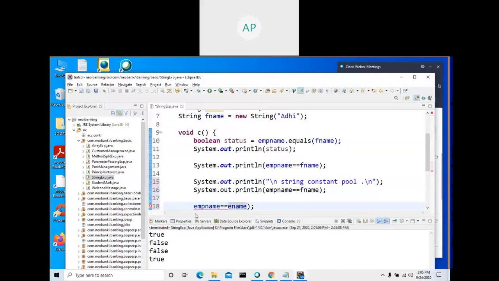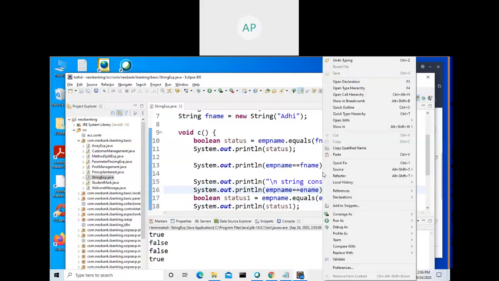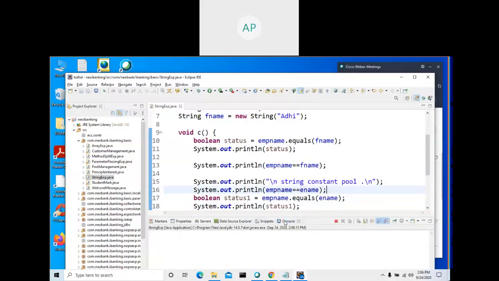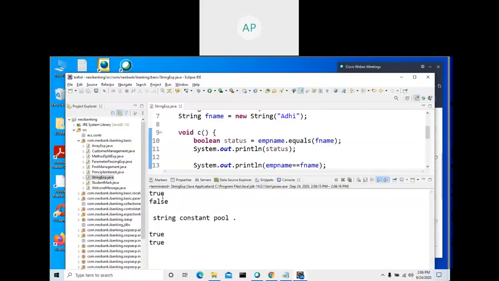System dot out dot println EMP name. This one is name, right. Control S. Let me run this one.